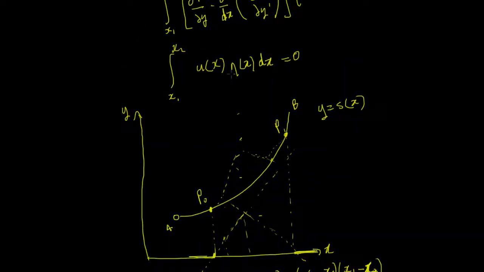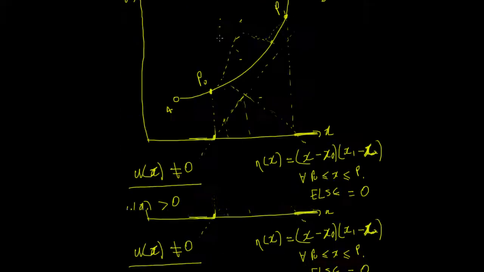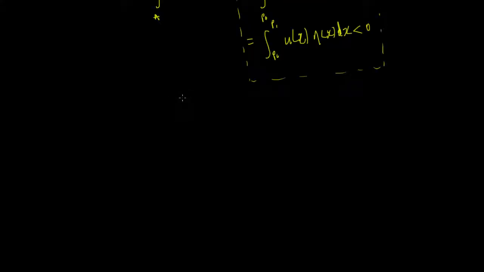Right, okay, so that means that if u of x equals 0, then this integral can't be greater than 0, because it can only be greater than 0 if u of x is greater than 0. It can't be less than 0, because it's only less than 0 if u of x is less than 0. So when u of x equals 0, that integral